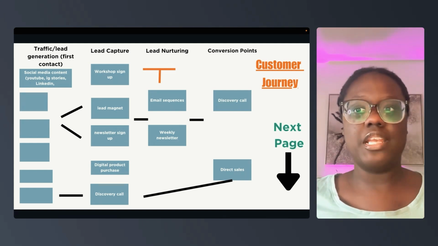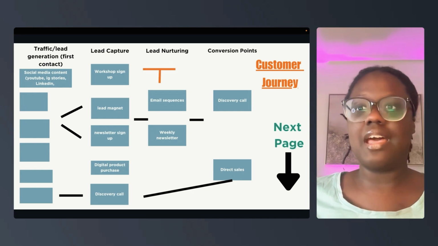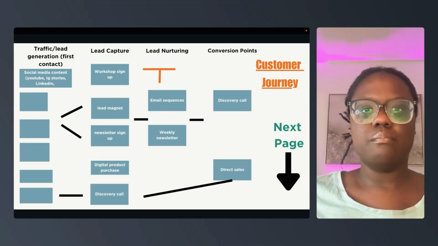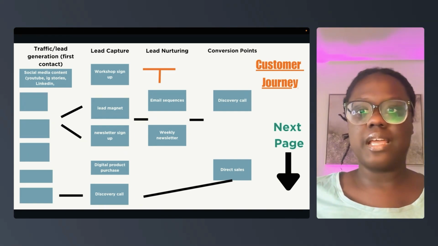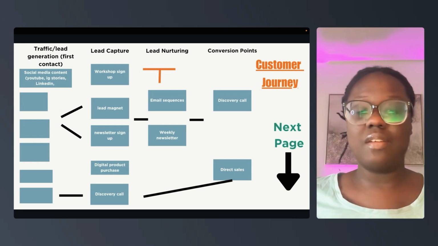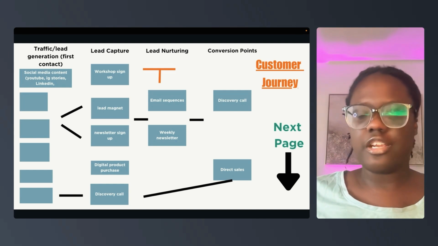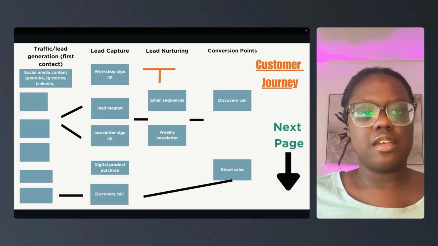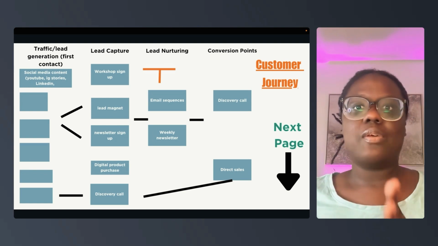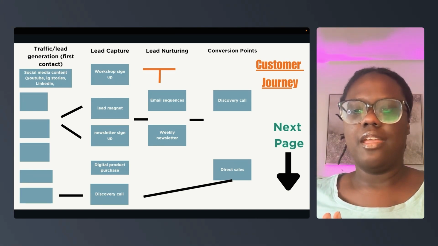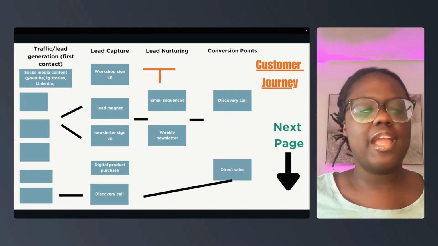So top of the funnel would be social media content on YouTube and whatever traffic generators I'm using at that time. And then middle of the funnel would be them moving down the funnel. So it'd be like workshop sign up, lead magnet, newsletter, whatever case they come in through. And then middle of the funnel will be the lead nurturing. And then bottom of the funnel is discovery call, direct sales, them actually buying something. So this is how someone gets from just a casual viewer on YouTube all the way to